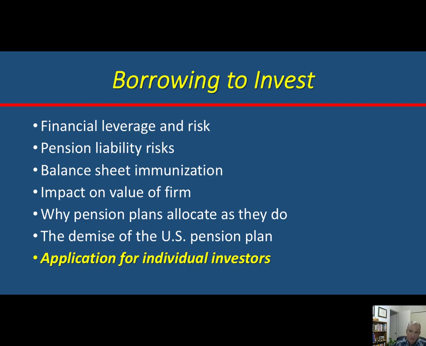And because of that, borrowing through a pension plan and putting it in the stock market should reduce the value of a firm. And even more so, and really key to this, is buying stocks. The net present value of buying stocks should be zero, and actually even slightly negative because of all the fees firms pay on their pension plans and trying to beat the market when they usually don't. So you put it all together, and you're probably better off for the value of the firm actually immunizing this risk, just like we're going to talk about life insurance companies do.